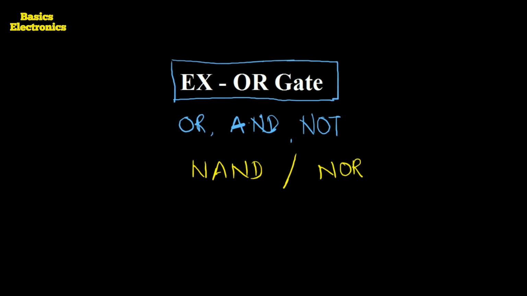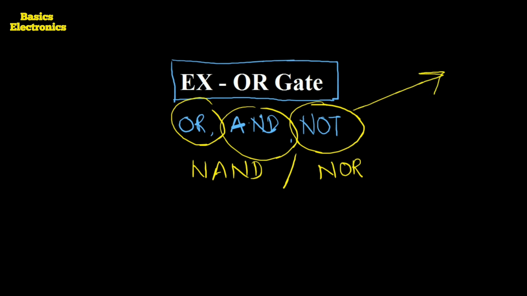Before going towards the working details and principle of the XOR gate, I would like to tell about the OR gate, the AND gate, and the NOT gate. If you have not seen the video about the basic gates, it is available at the cards, or I will provide the link for these three gates in the description box. Now we will see in brief what the OR gate, AND gate, and NOT gate are, because we have to construct the XOR gate using the basic gates.